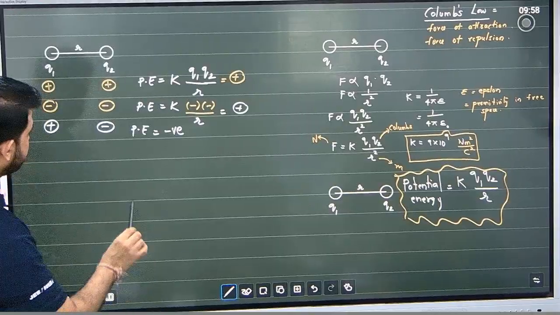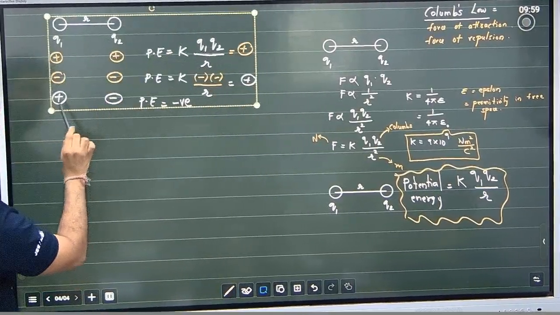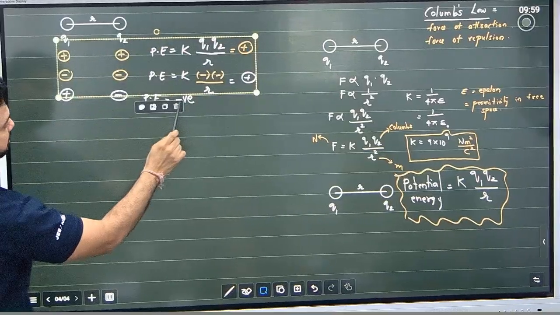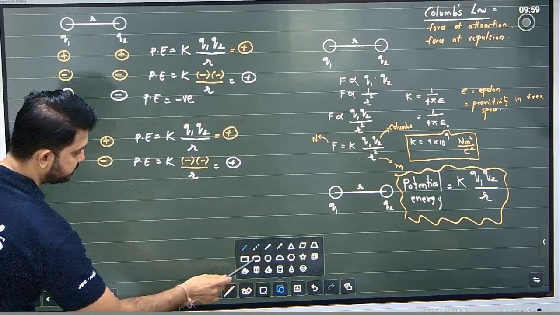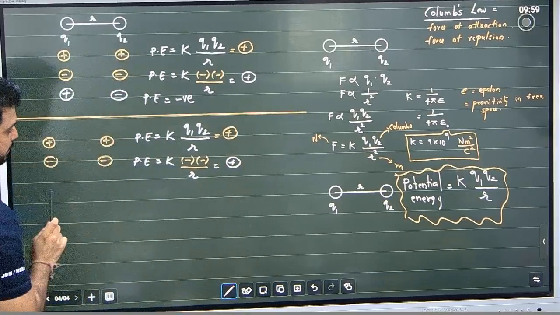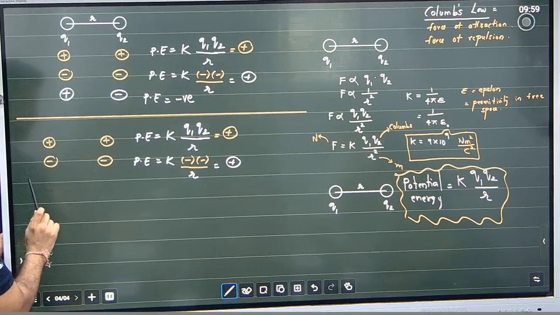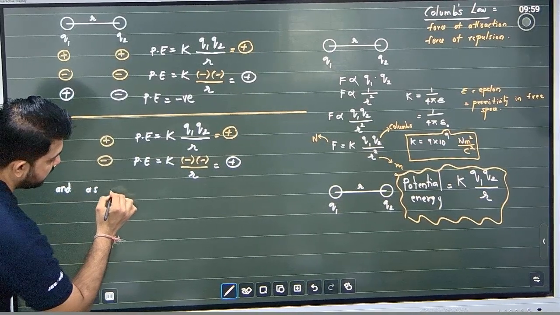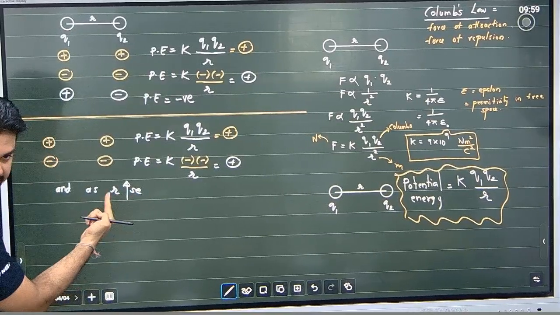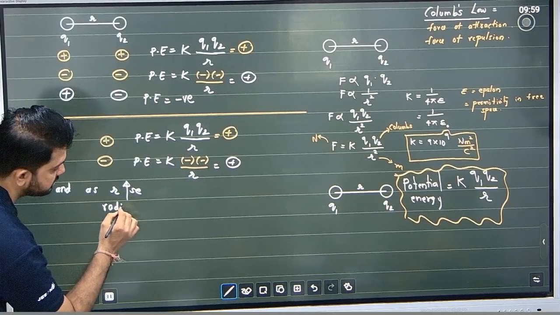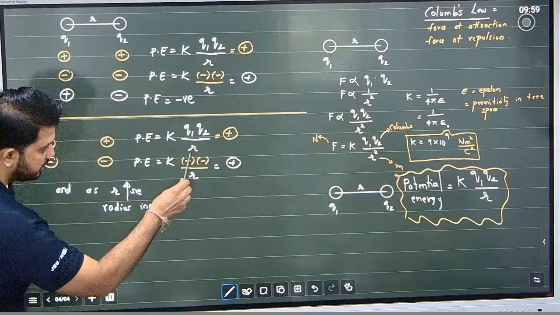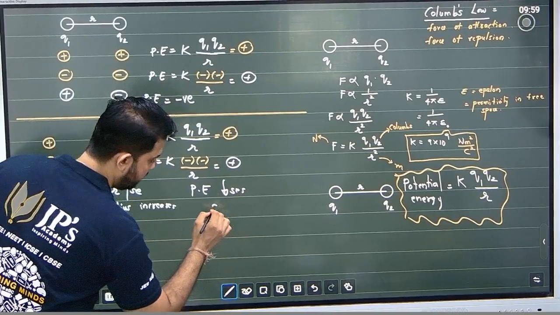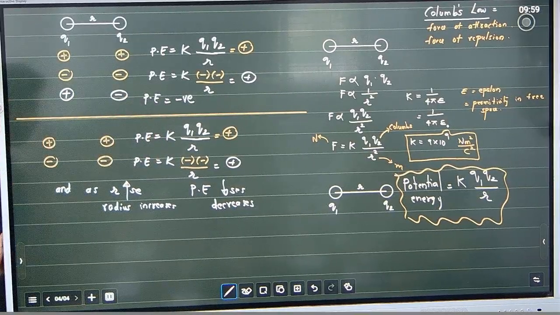Let's understand this. For the first two conditions, that is, when both the particles are positive or both the particles are negative, I repeat, the potential energy is positive, and as radius increases, you will understand this short form, as radius increases, meaning the denominator increases, so potential energy decreases. With me? But